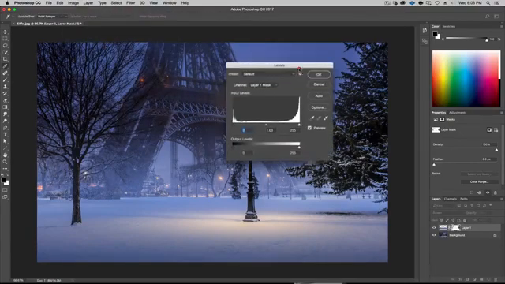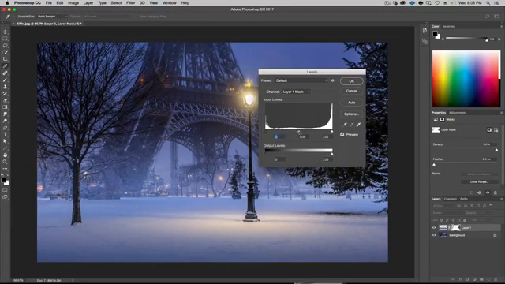Now levels are how you can manipulate the midtones, the shadows, and the highlights of any image or mask. So in this case, if I darken it, for example, I bring the midtone near the highlights, that's going to reveal more of the trees. And if I do the opposite, you see it's darkening or lightening that mask, which is what's showing you whether it's behind or in front of these trees. It's kind of a cool little trick here.